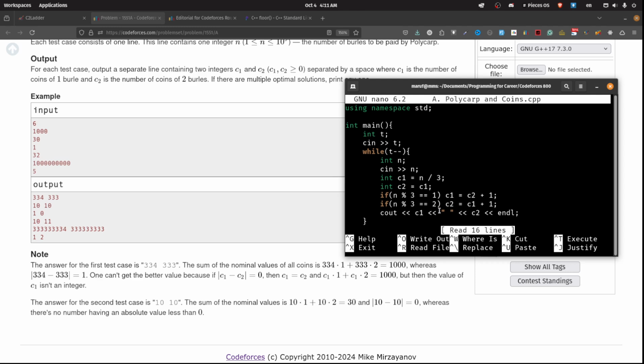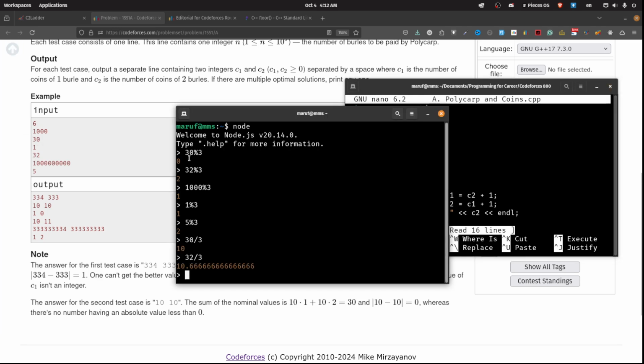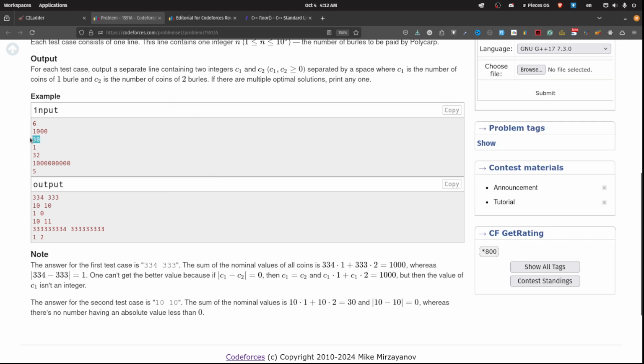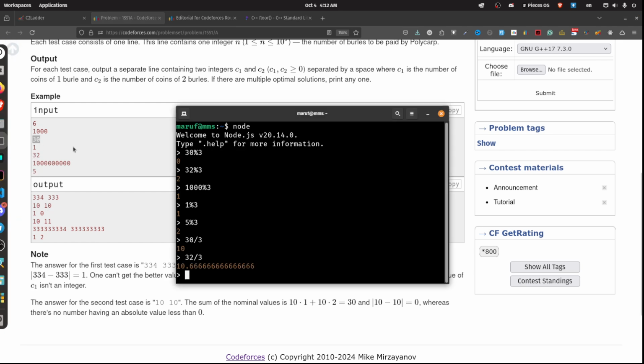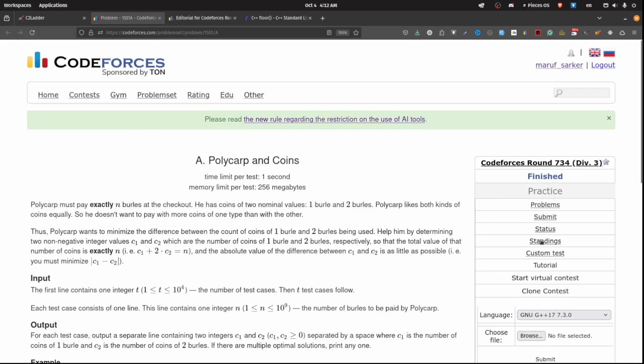And here a test case is also presented, for when the resulting value is 0. In this case, c1 and c2 are equal. I already did it here, because 30 modulo 3 is equal to 0, and the resulting values are equal, so c1 equals c2. If I now submit it,